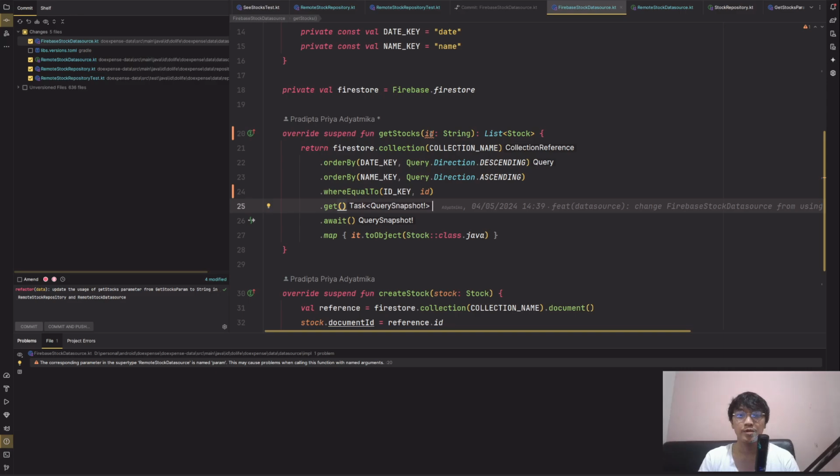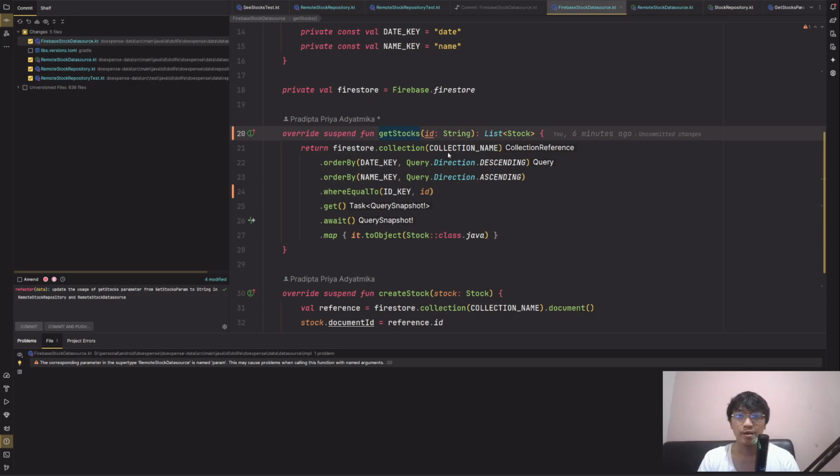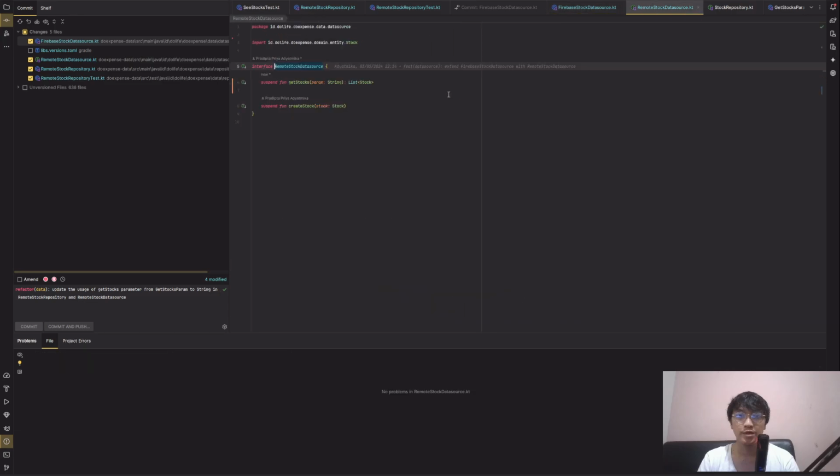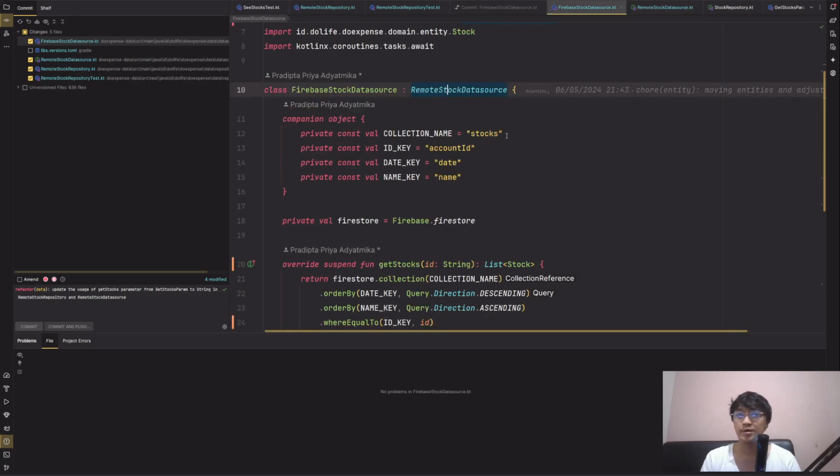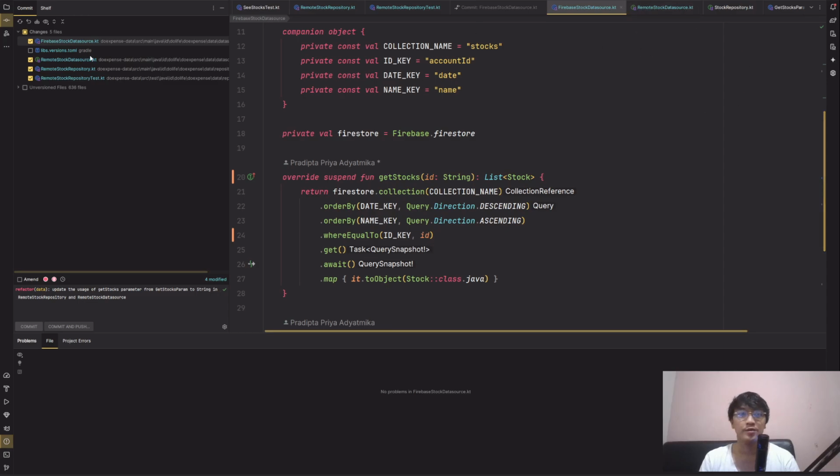So we changed the parameter name to ID in here, but in the interface here it's called param. So we should rename it to ID. Let's take it back. Nothing wrong. Okay.